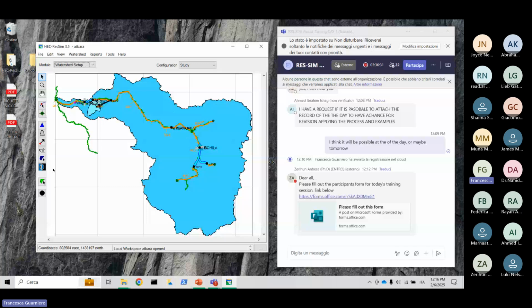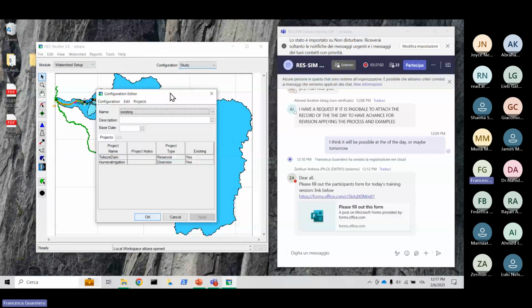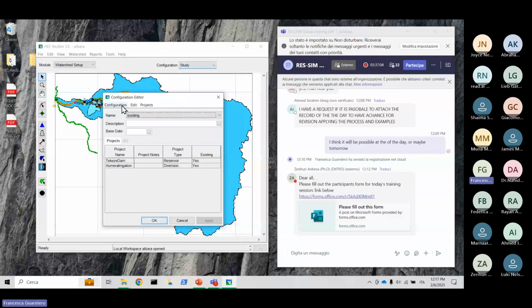So let's go on. This is the study watershed setup, which is an overset containing all the elements of the network. But starting from this study configuration, see here, we can build some other configuration. We build the existing and the future configuration. To build a configuration, we go to watershed menu and configuration editor. From here, we create a simulation, a configuration from this menu, new configuration,